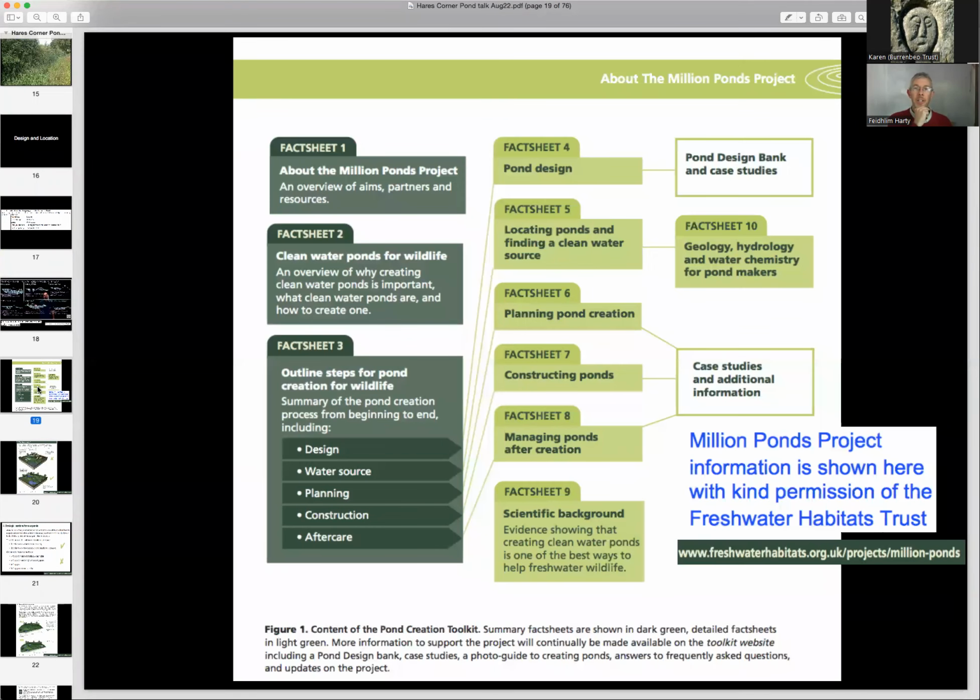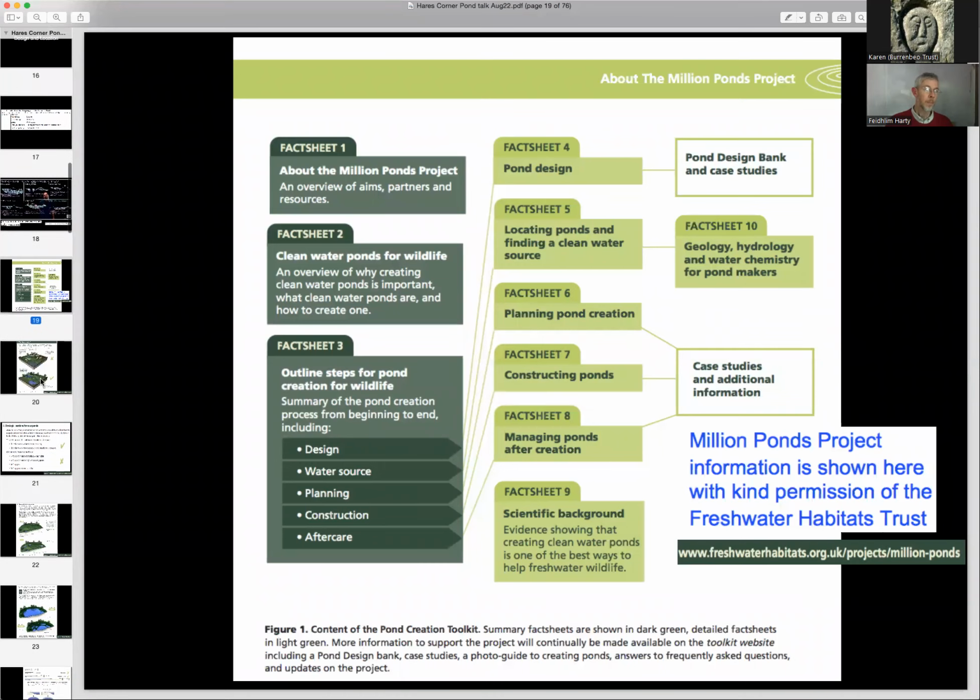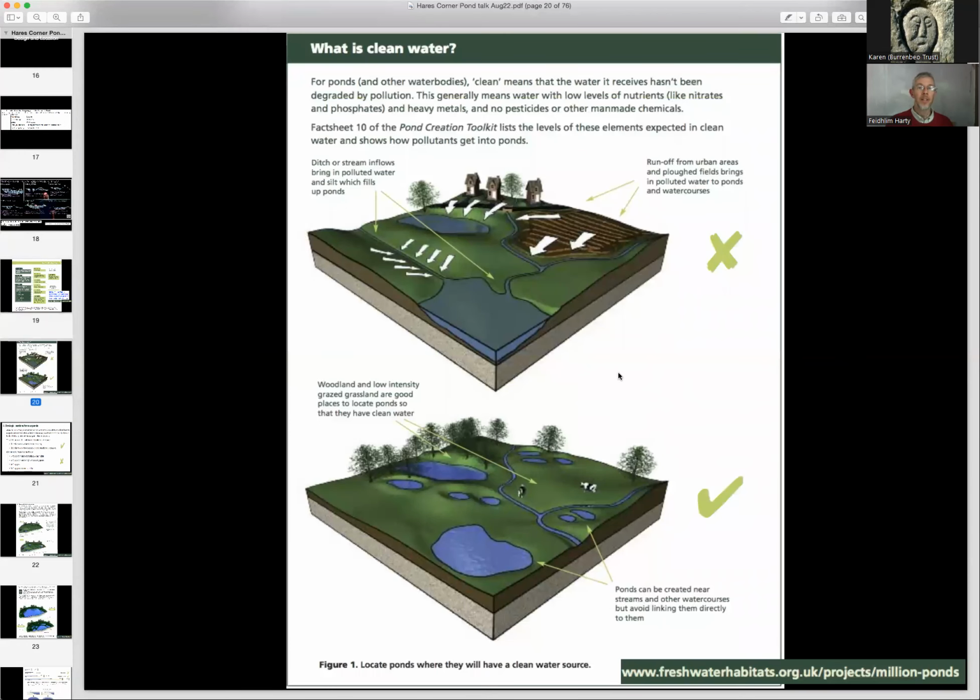There's a project in the UK called the 1 Million Ponds Project, and they've got a series of fact sheets that are very, very useful. So this is just a brief overview of their fact sheets. I'm not going to go into detail with these. I'll look at some of them later. But what I'm going to do is we'll circulate these slides so you'll have all of these links afterwards. And you can refer to them then. So very briefly,